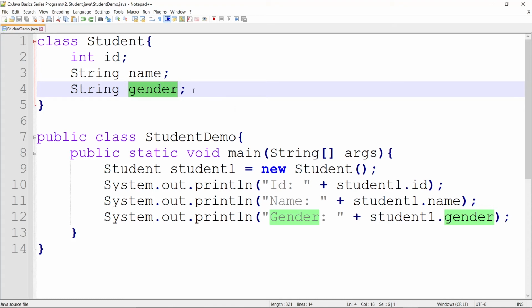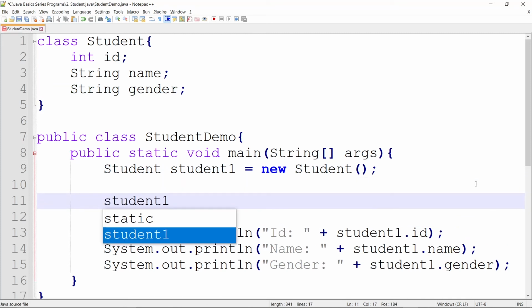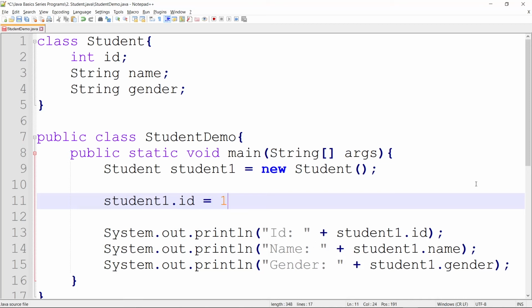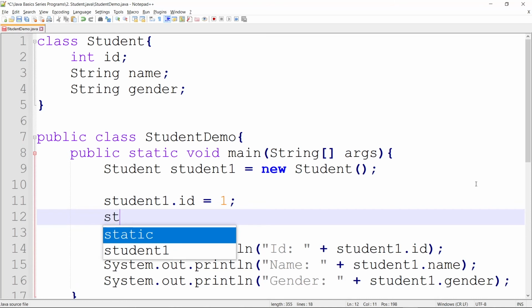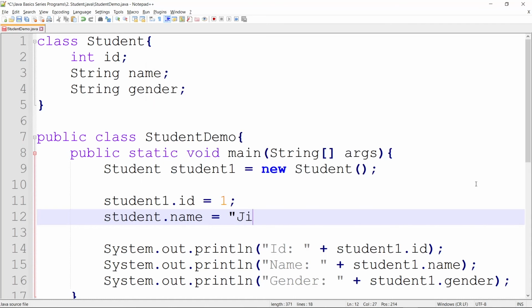Now let's go and put some values that we want to give to the student. So here let's point to the ID of the student as student1.id equals, let's put 1. Student1.name equals, let's put Jimmy.